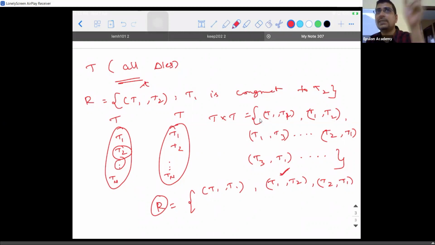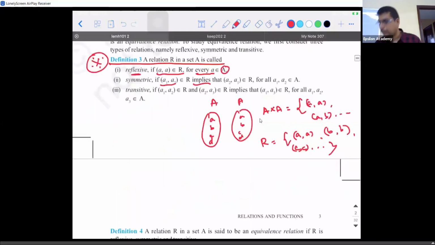That is why we are saying two elements A1 comma A2. We didn't write A1 comma A1 belong to A. So you will not take T1 comma T1 to prove it is symmetric. That's wrong. You only take T1 comma T2. Since I am saying T1 comma T2 is congruent, then T2 comma T1 I can also write as congruent, because it is I who is stating that it is congruent. Correct? So that's what they have given in the statement.